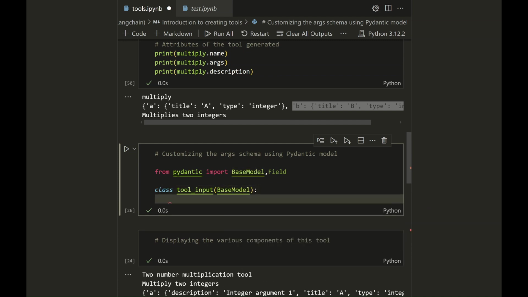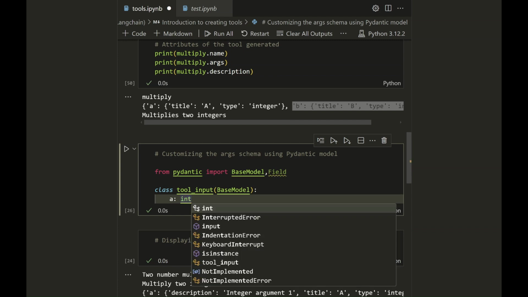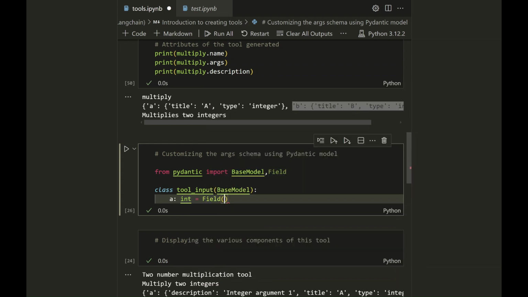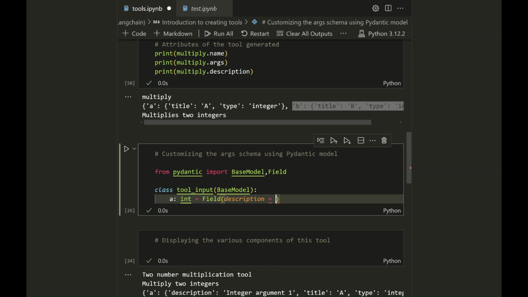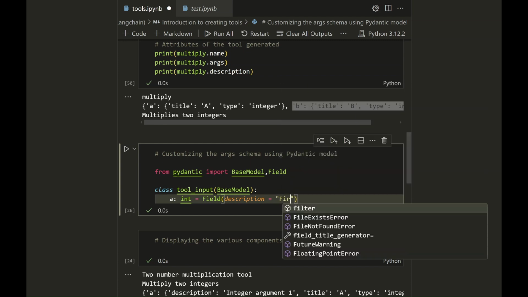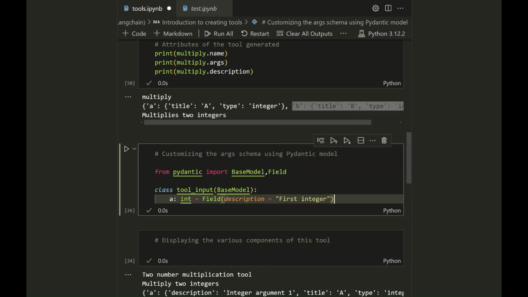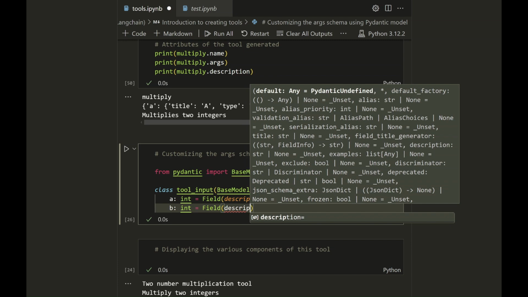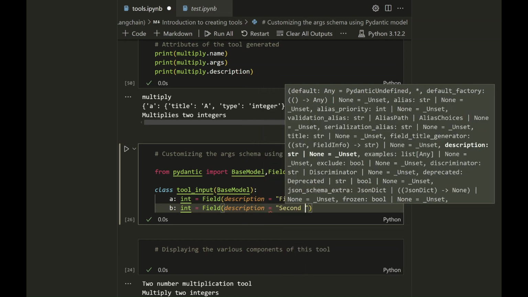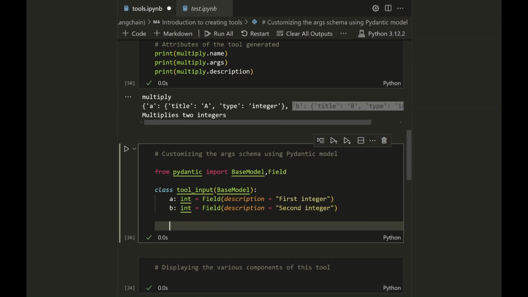inheriting from base model of Pydantic, and the first input is going to be a, which is an integer, and we define a field for it. Field is nothing, but you can consider it as a metadata for each of the input parameter that we define in this Pydantic class called tool input. Here the description is first integer. Let's call it that. The second, we can call it field description. Second integer, simple as that. Right? Now we have defined the Pydantic class. Now we want to use it in the